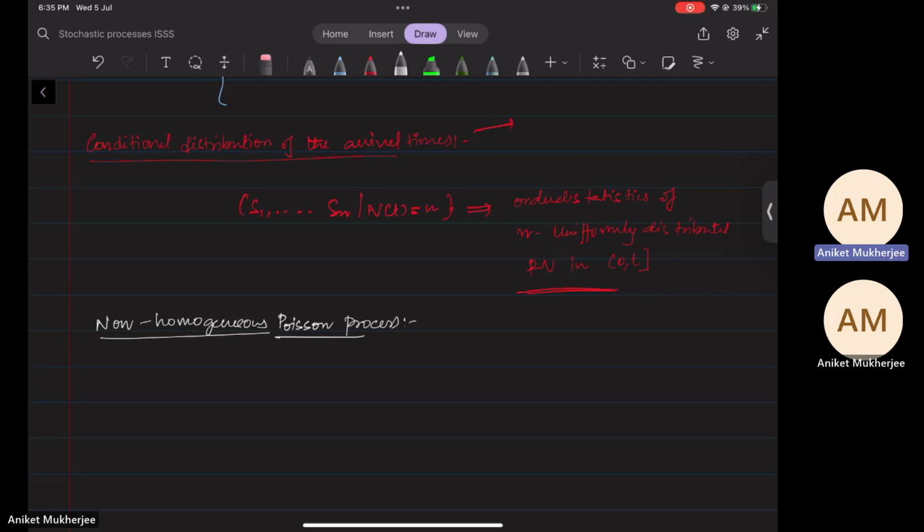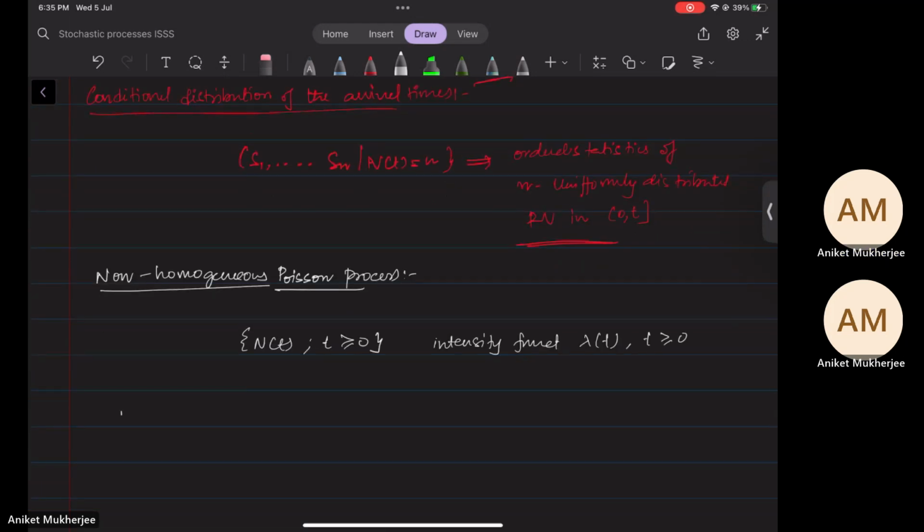In the non-homogeneous Poisson process, we have a counting process N(t), t greater than or equal to 0 again. Now we say this is non-homogeneous, or it is also known as non-stationary. Non-stationary you would understand better, because now you have an intensity function lambda(t) for t greater than 0. For this to be a non-homogeneous Poisson process, what it needs to have is N(0) equal to 0, so no arrival has happened at time 0. And N(t), t greater than or equal to 0, has independent increments,